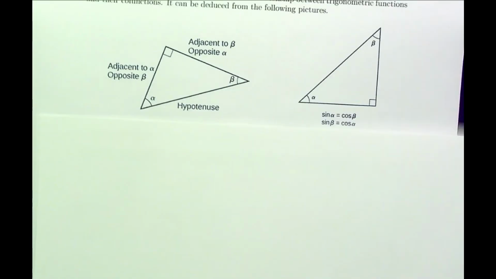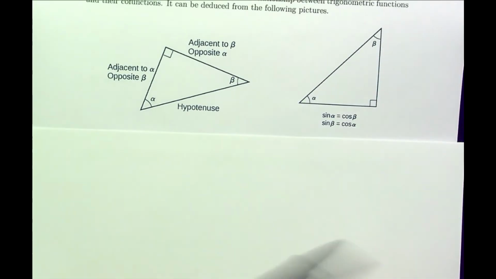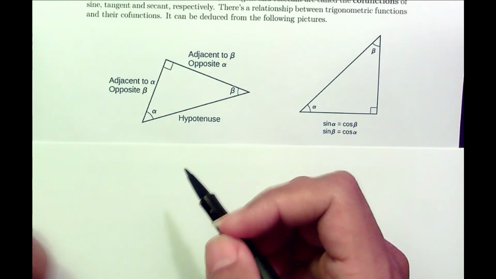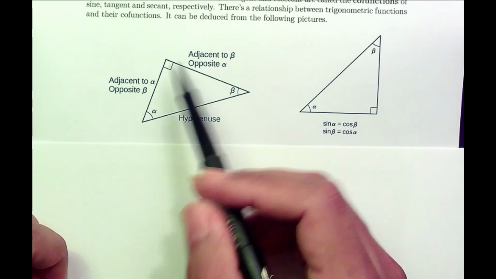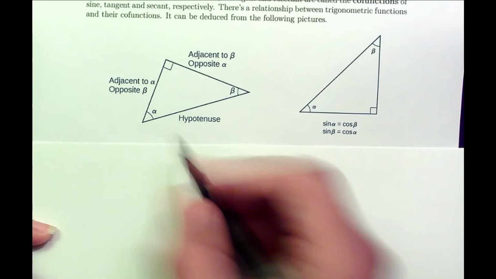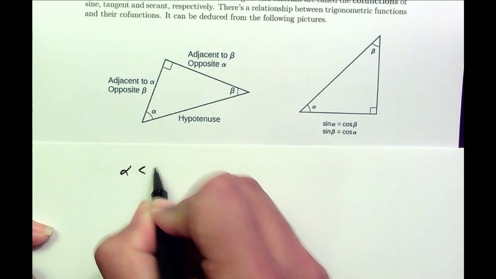So this is what happens. If you start out with, let's say, acute angles, angles between 0 and 90 degrees, if you consider the corresponding triangle associated to a given angle that is between 0 and 90,